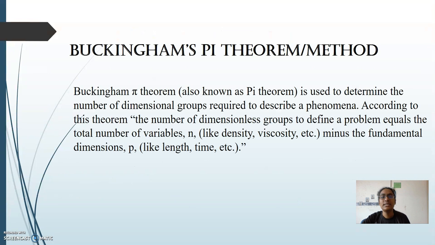The next, Buckingham's pi theorem method. Buckingham's pi theorem, also known as the pi theorem, is used to determine the number of dimensionless groups required to describe a phenomenon. According to this theorem, the number of dimensionless groups to define a problem equals the total number of variables n,